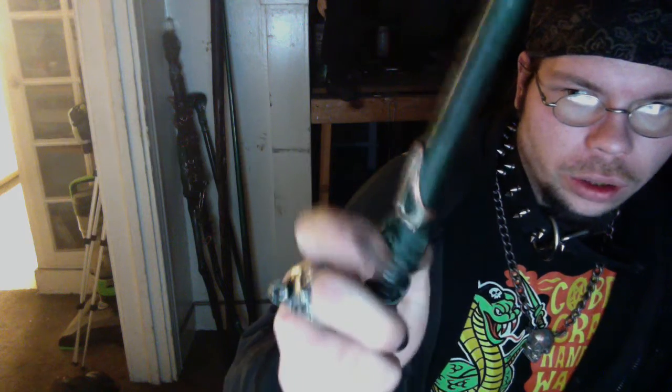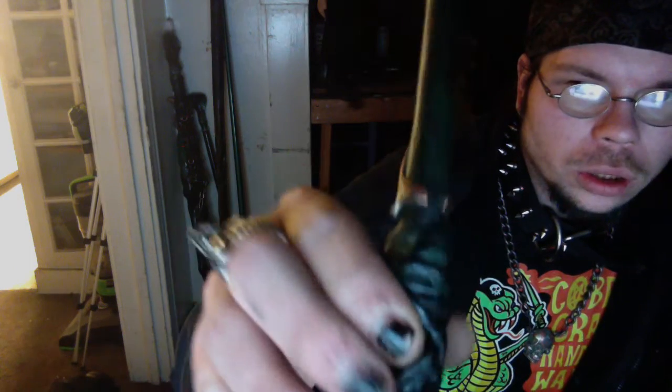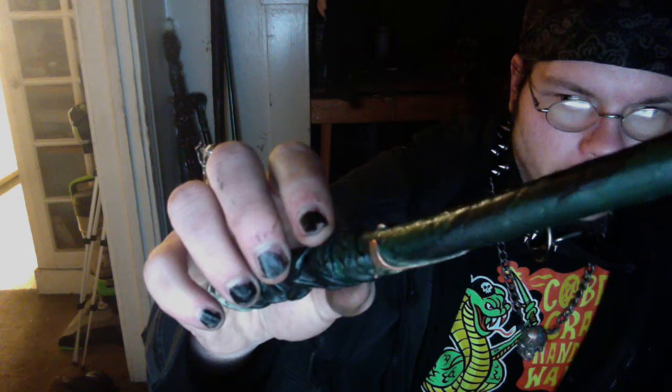where the hell is, oh, there it is. I mean, take a look at my wand, for instance. It has a leather handle. There's a difference. And I put the tip of a claw ring near this part right here. But